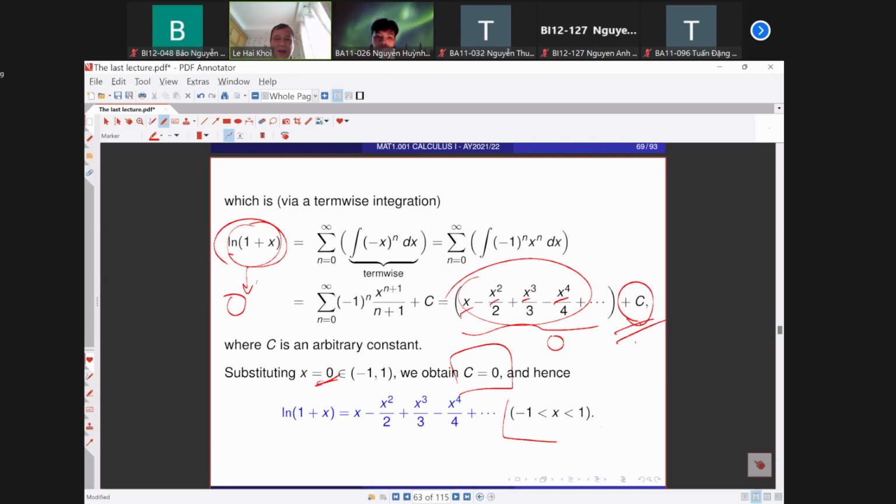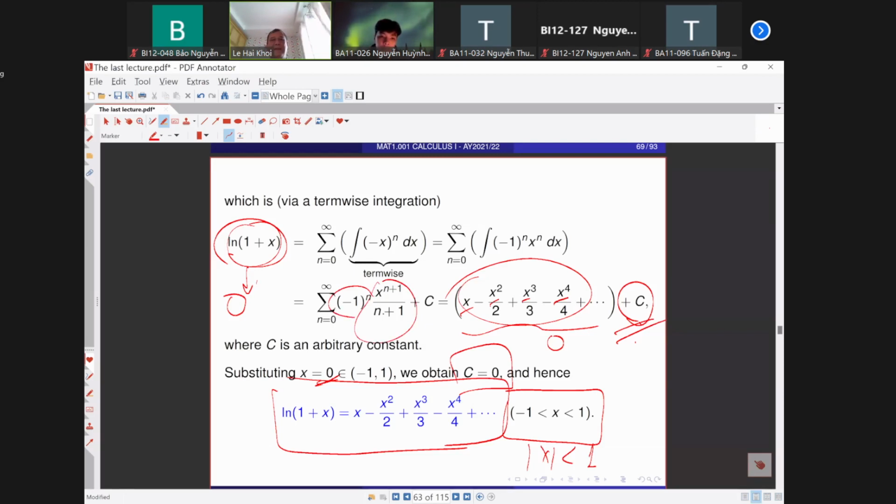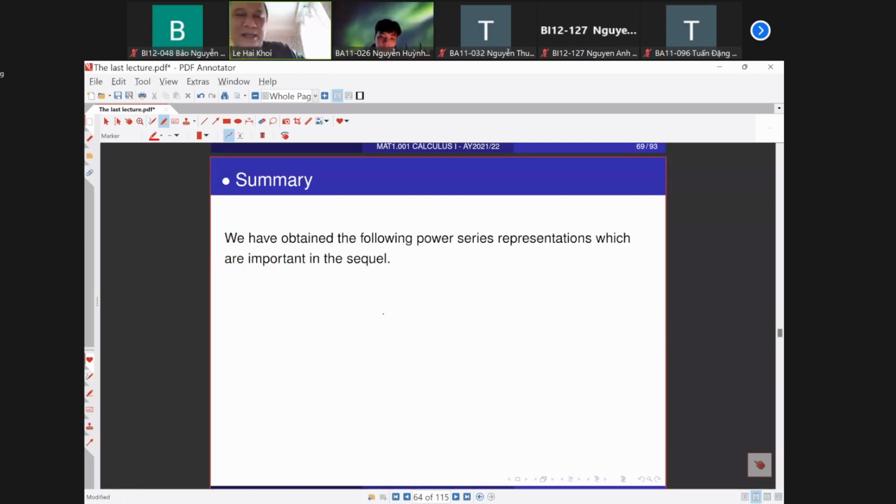For x less than 1 by modulus, the logarithm of 1 plus x is represented as an alternating-sign series of x to the n over n. See this one. And that's all for this power series part. Okay. In summary,